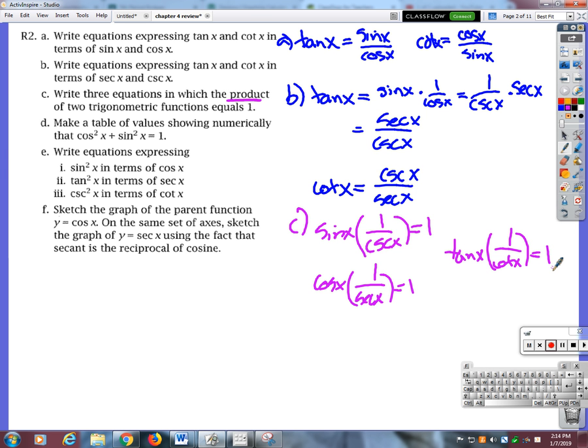Eric, can you explain to Sky where you got those answers from? How'd you know that? You just look at the poster, and if you multiply something by its inverse, then it's going to equal 1. So he was looking up here and seeing that since cosecant is 1 over sine, if you multiply those together, you're going to get